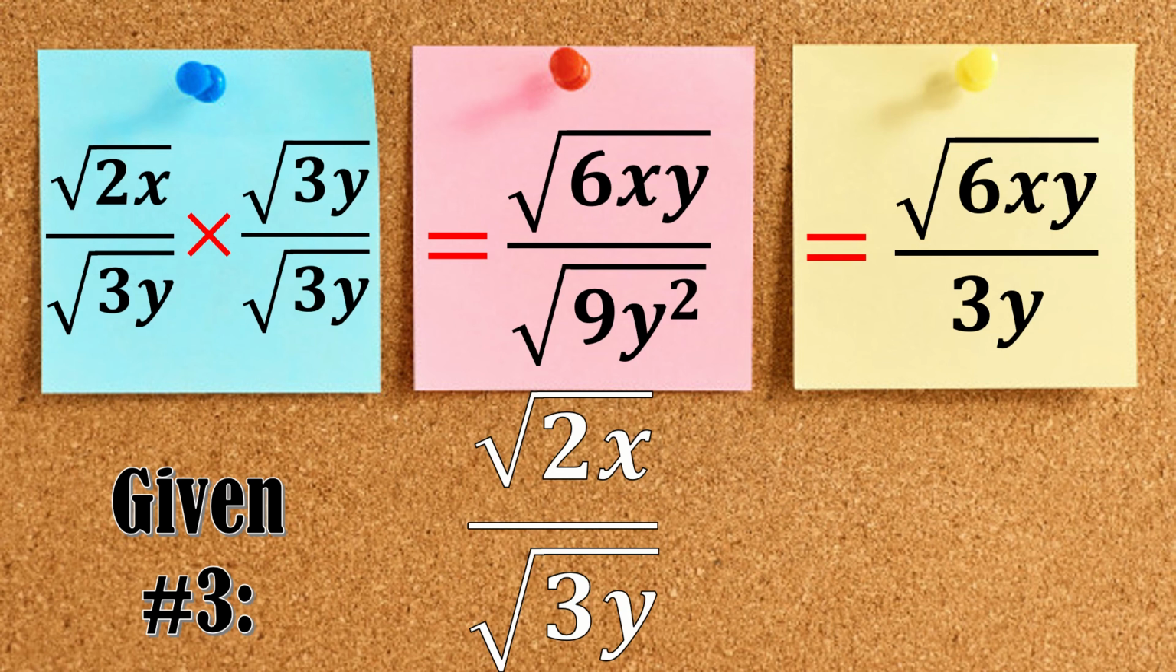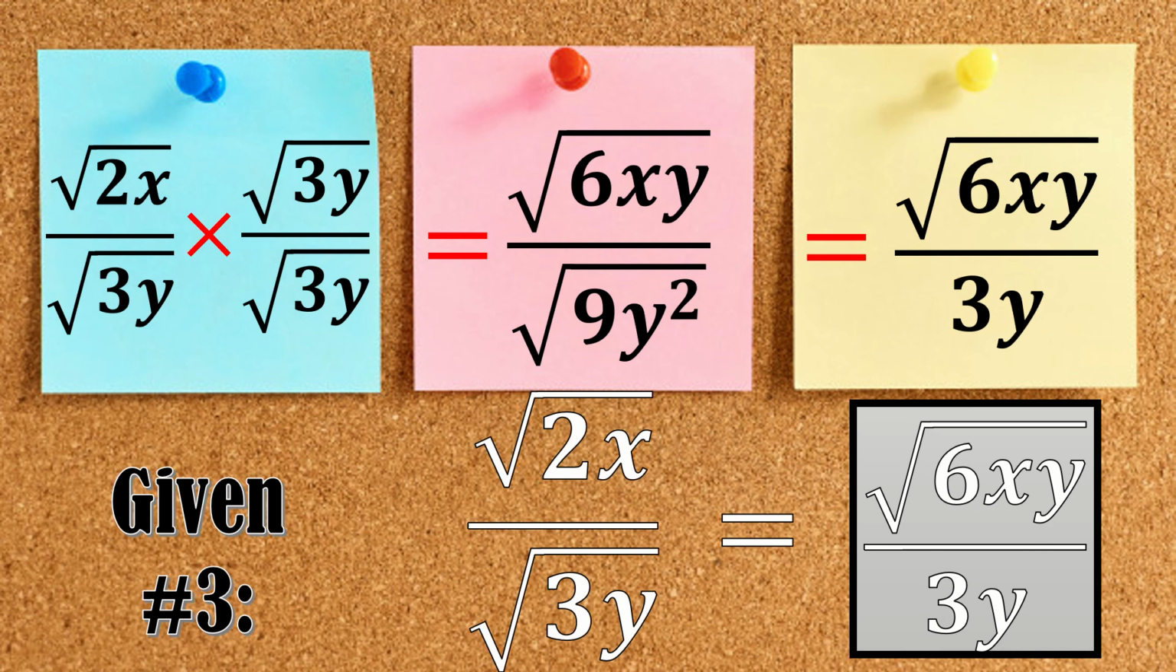Again, we cannot divide 6 by 3 because 6 is inside the radical sign. So, for the final answer, we have square root of 6xy all over 3y. So, square root of 2x all over square root of 3y is simplified as square root of 6xy all over